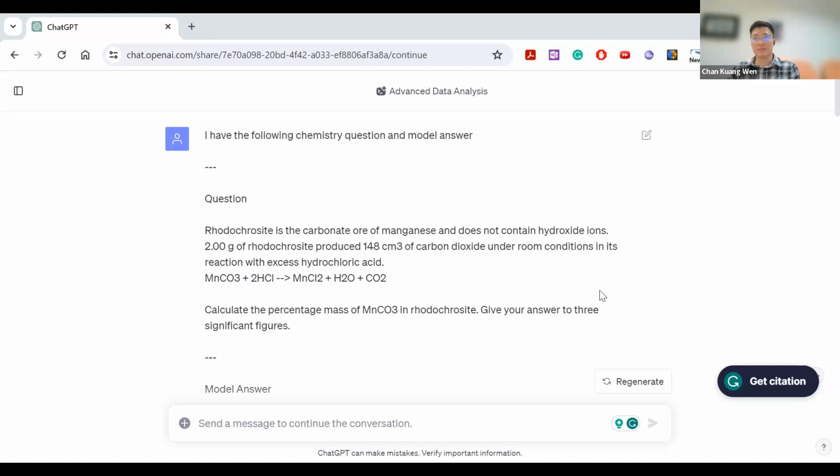So one thing I realized is that if it cannot do math well, it's very hard to get it to do calculation questions. But what if I ask ChatGPT to do something that it's good at? I ask it to write code. By asking ChatGPT to write code, it is able to write the solution. And because I have ChatGPT Plus, I ask it to immediately run the code and give the output, to make sure that it's correct.